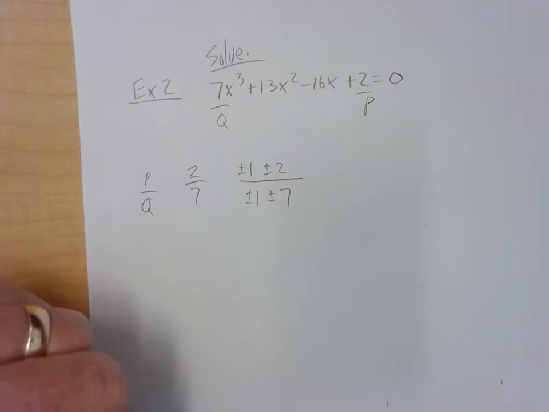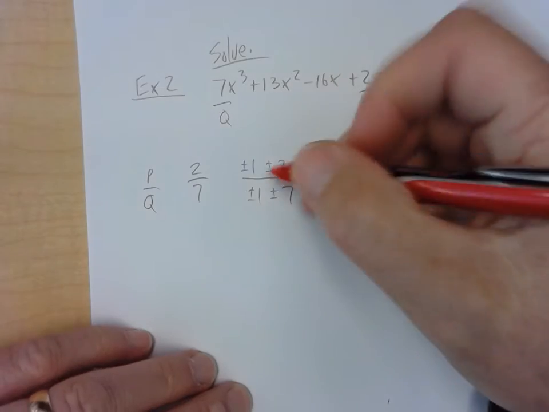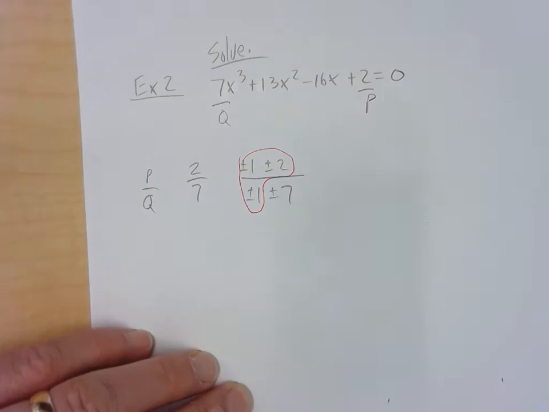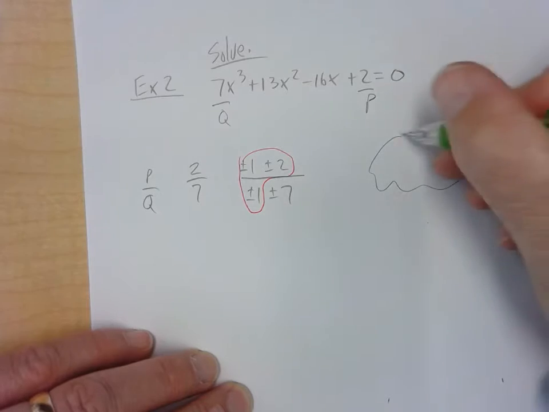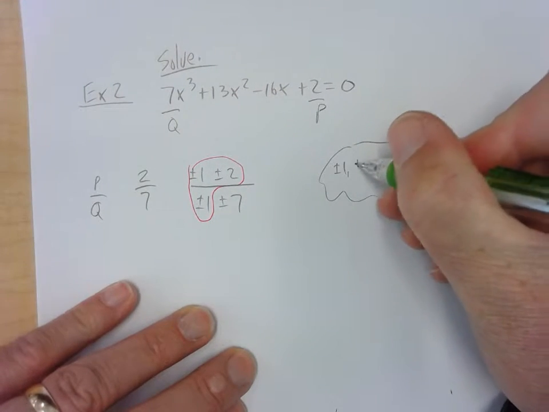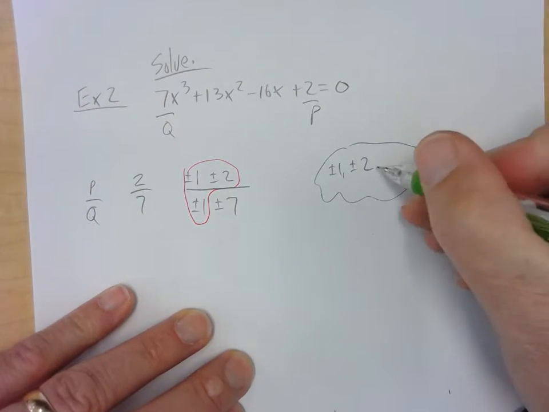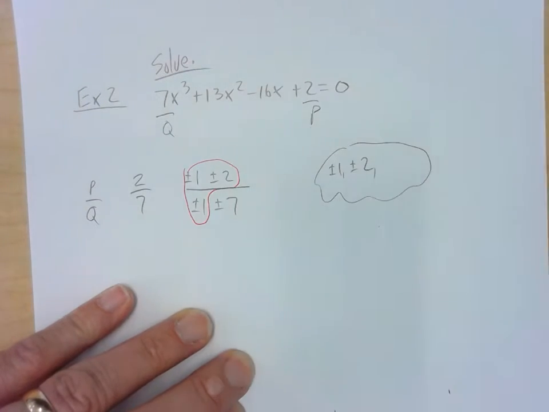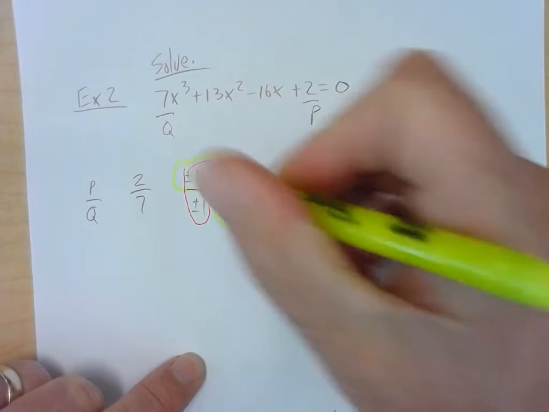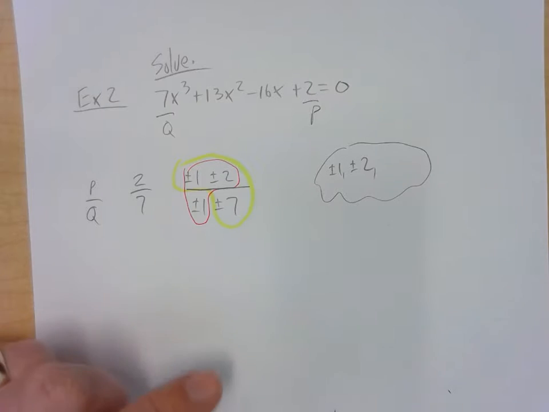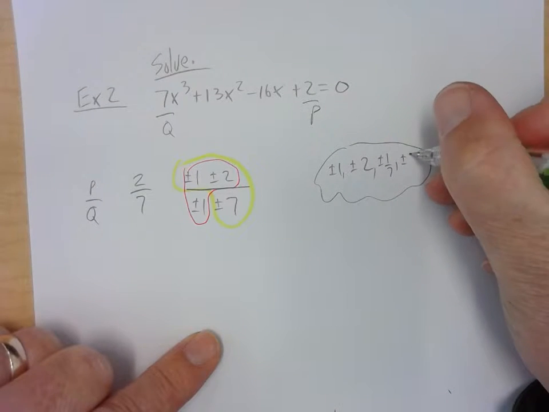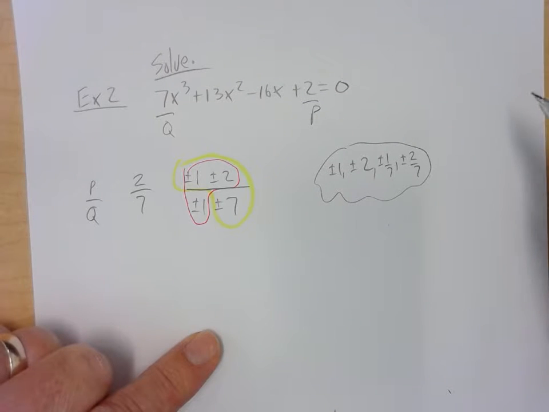Then I'm going to ratio this. I'm going to take 1, and I'm going to divide it into each of these numbers. And I'll get my pool of guesses here. Here's my pool. So 1 divided into each of those would be plus or minus 1, plus or minus 2. And now I'm going to take 7. I'll get a different color here, maybe a highlighter color. I'm going to take 7 and divide it into each of those. So it's going to give me plus or minus 1/7 and plus or minus 2/7. So these are my guesses,